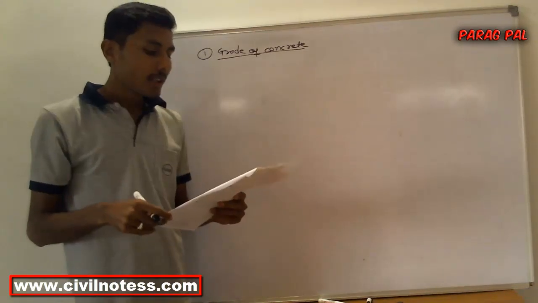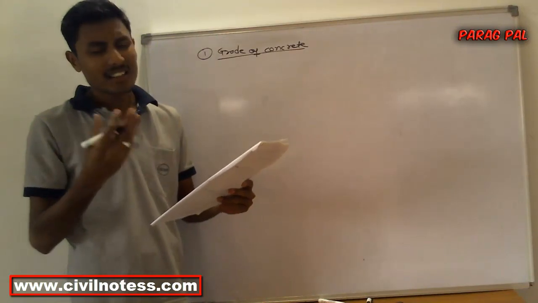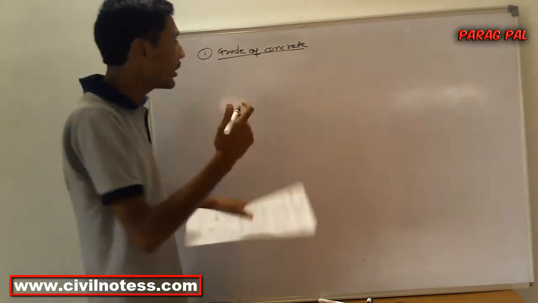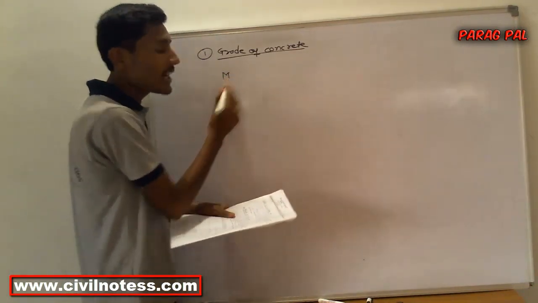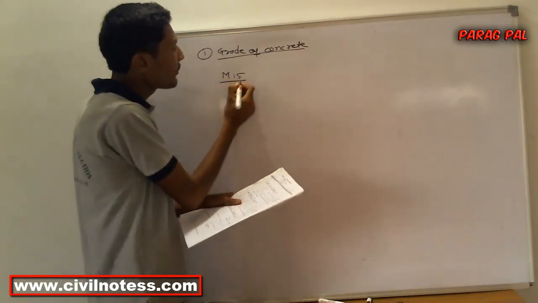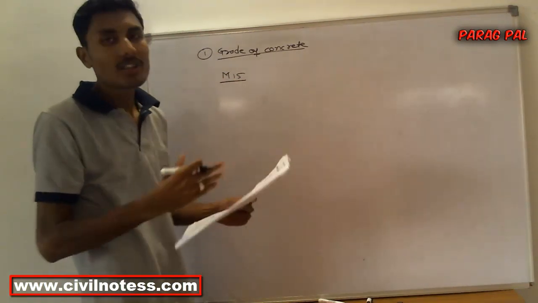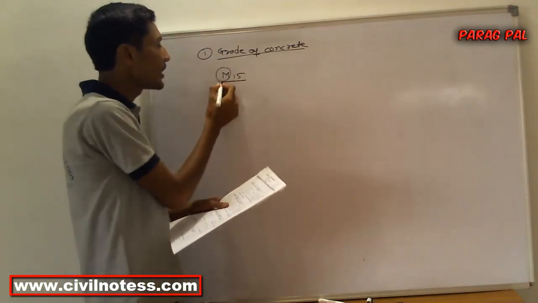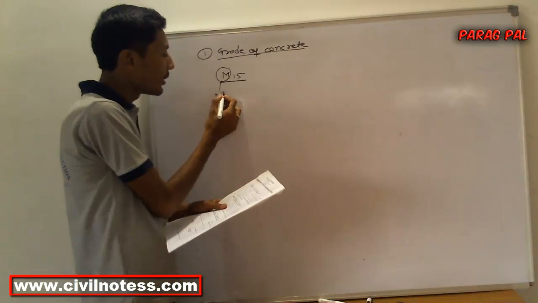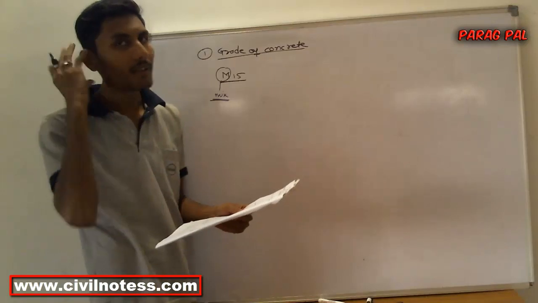The grade of concrete is denoted in terms of M. M stands for mix. M15 is the mix of 1:2:4, for example. It is differentiated in this manner, that M is the mix of the particular concrete. I am sorry for the background noise, but it somewhat gets very noisy.